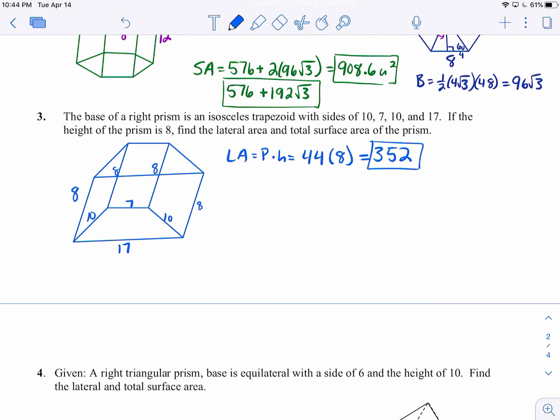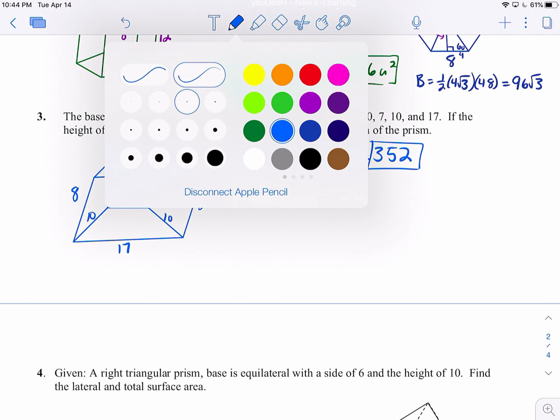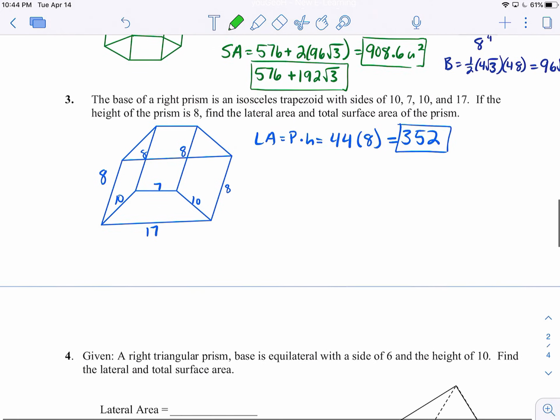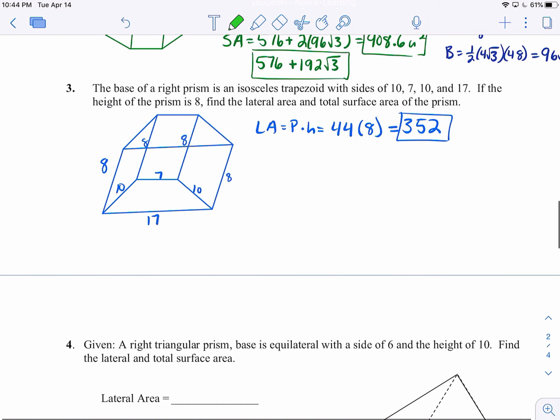Again, I don't think I have reiterated this enough. If you are having a hard time comprehending this, you can also calculate the area of each rectangle. For example, the rectangle over here on the right has a bottom of 10 and a height of 8. It would have an area of 80. The rectangle in the back has a width of 7, height of 8. That would make its area 56. This would also be 80, and then the one,